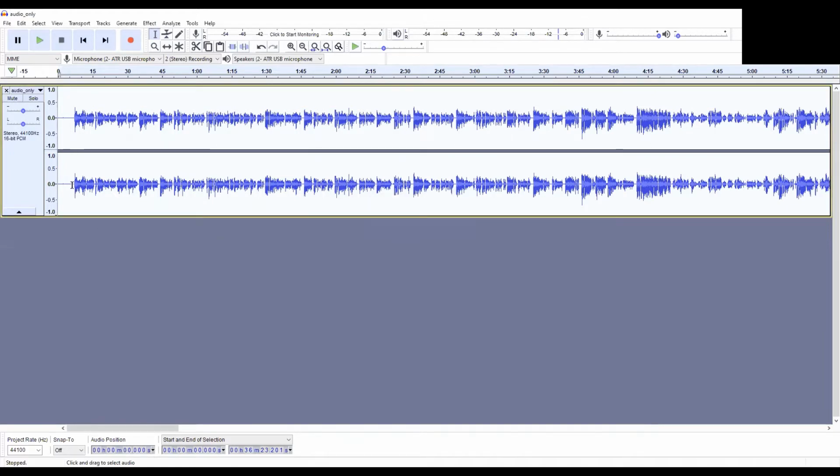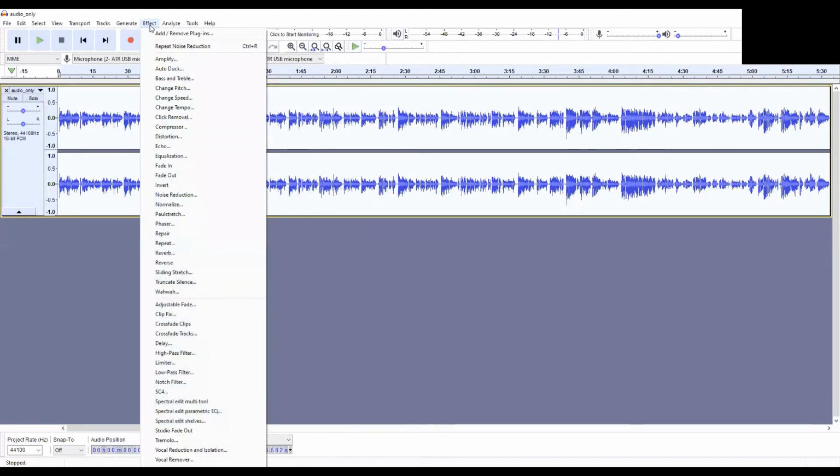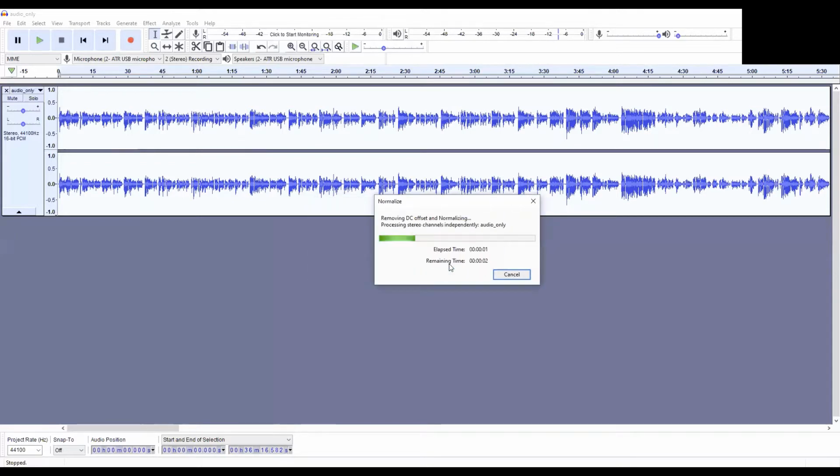Okay, so the noise reduction has been applied. I'm going to take out the first few seconds. I'm going to select all again. I'm going to go back to Effect, and now I'm going to normalize the audio. I'd keep this set to the normalized peak amplitude. I've played around with that some. Negative 1.0 decibels tends to work well with the way I record. So this goes through quite a bit quicker than what the noise reduction does. So I do, again, the steps: noise reduction, normalize,